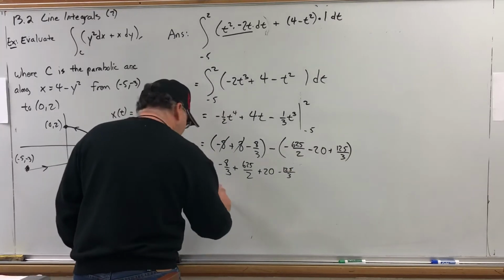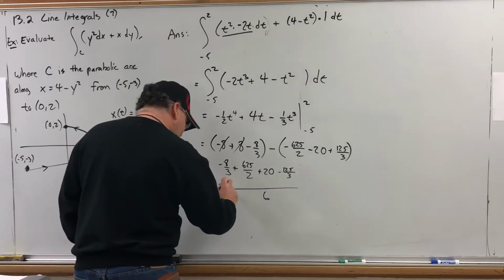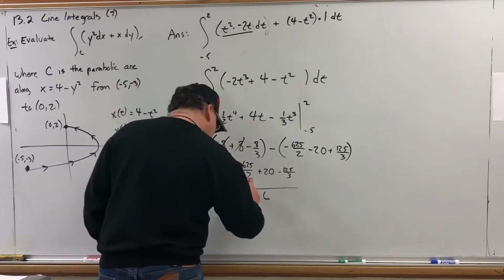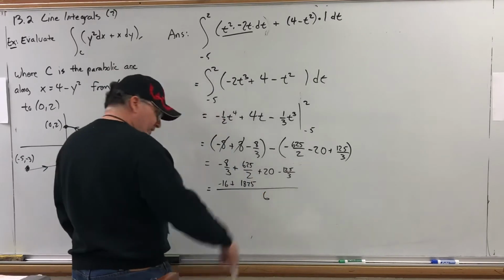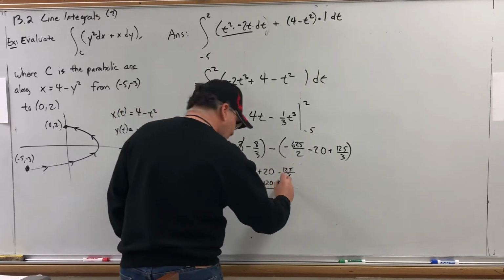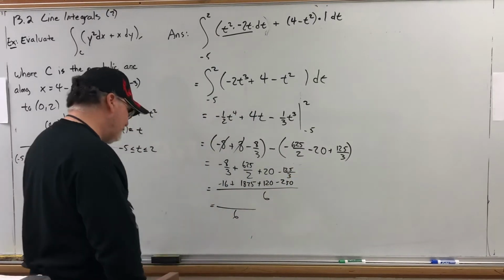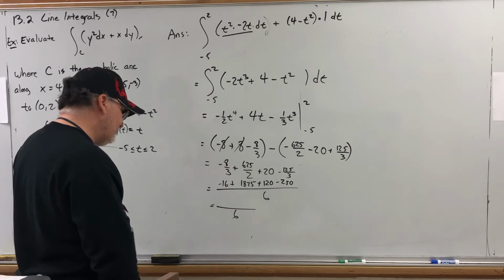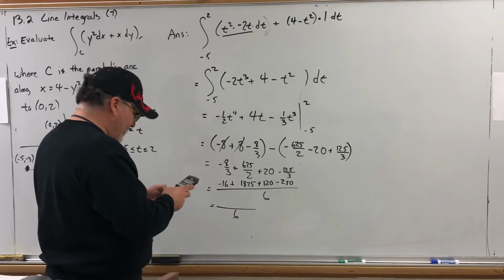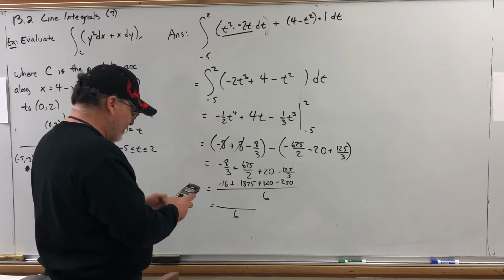Let's go ahead and get a common denominator of 6 and put it all together. Double both sides of this, I get negative 16. Triple both sides of this, I get 1875. Multiply this by 6, I get plus 120. Minus, double both sides of this, I get 250. So if I pop all that together, I'll just get out a calculator. Multiplying, dividing, not a problem. Adding big positives and negatives, I just don't trust myself. So we got